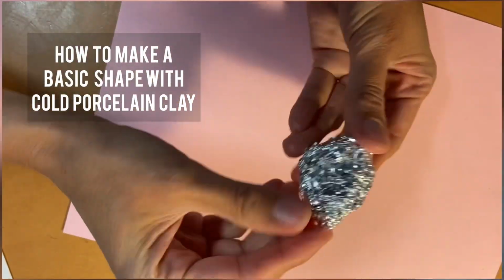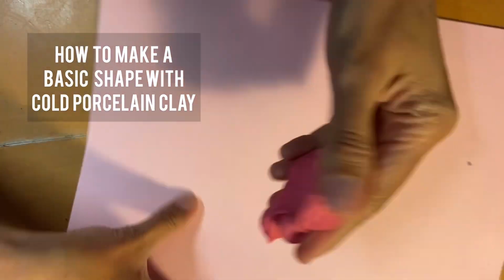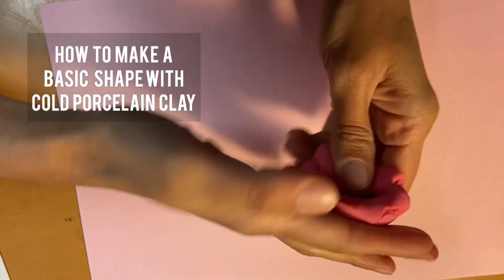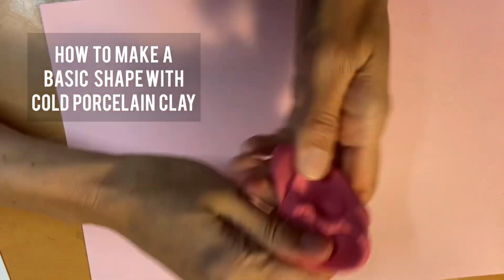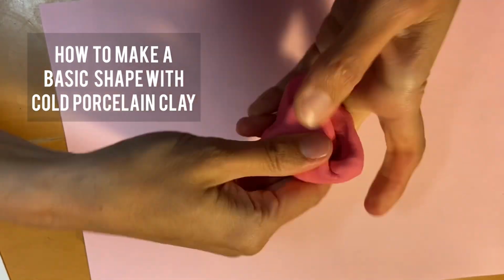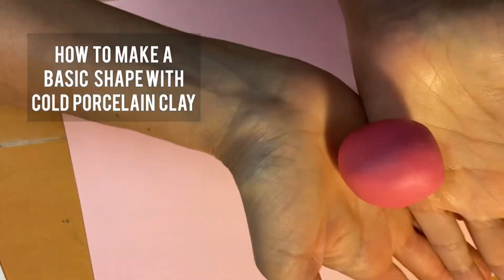And then you grab your cold porcelain clay from the plastic wrap and you're going to knead it for a while until the clay is nice and soft. If it's feeling a little bit too dry, you can always add a little bit of water with your fingers. And then you're going to roll the clay in a nice rounded shape